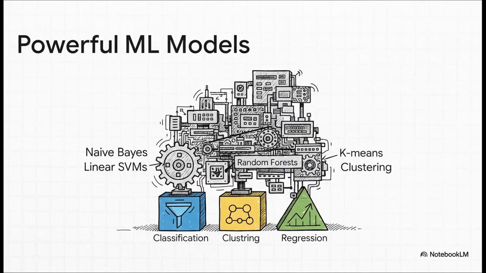Now, these really simple ideas, sorting stuff, finding groups, and predicting numbers, they are the building blocks for all these super sophisticated algorithms. You've probably heard some of these names before: naive Bayes, random forests, k-means. I know they sound complicated, but don't get hung up on the jargon. Just think of them as the powerful engines that are built to do those core jobs we just talked about.